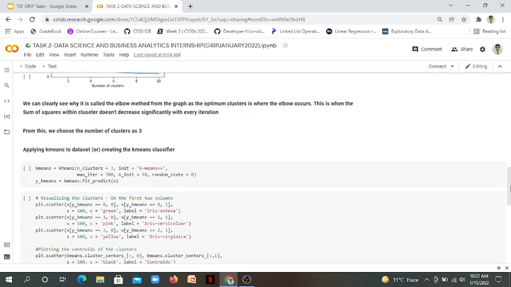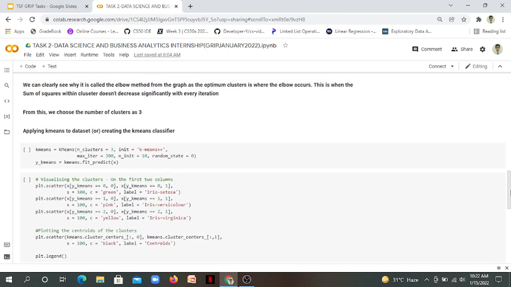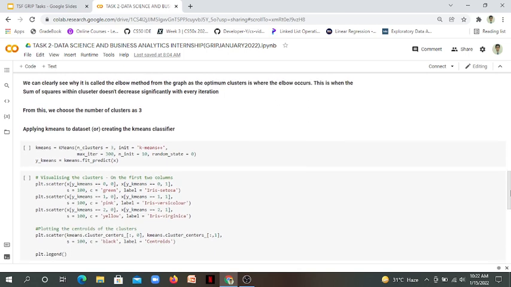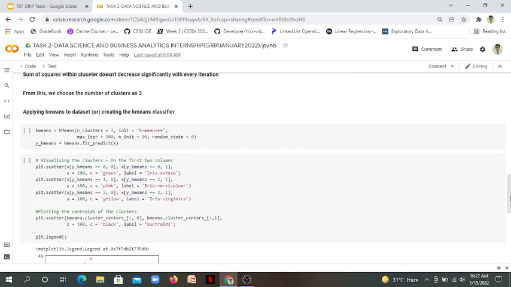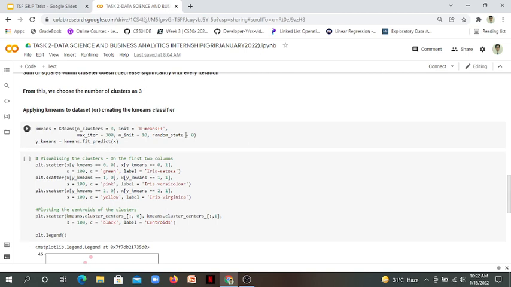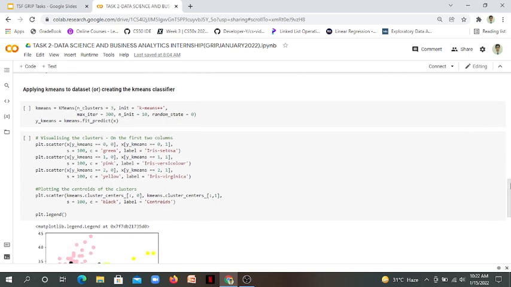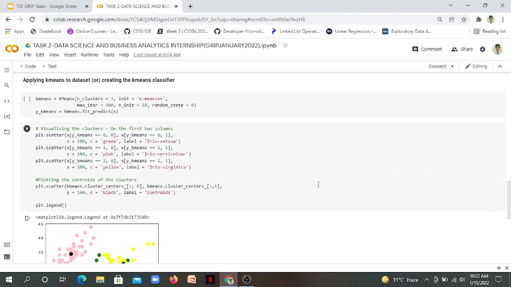But our task didn't end at that point. We have to visualize the number of clusters, right? So again we are using the KMeans function on the data set, and then we are fitting it in the variable called y_kmeans, and then using scatter plots, we are